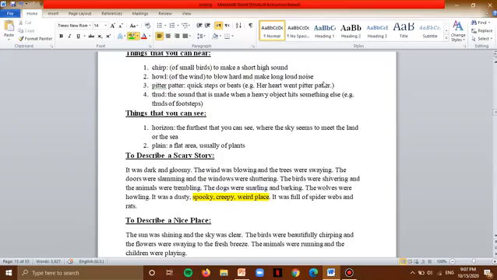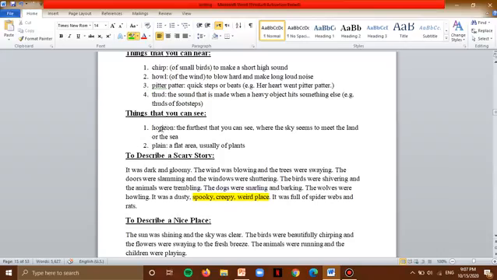Her heart went pitter patter. Thud is the sound that a heavy object makes when it hits something else. For example, the thud of footsteps, the thud of something falling to the floor. So these are things that you can hear, so I can include them while describing the place, to make my reader imagine what I'm writing.